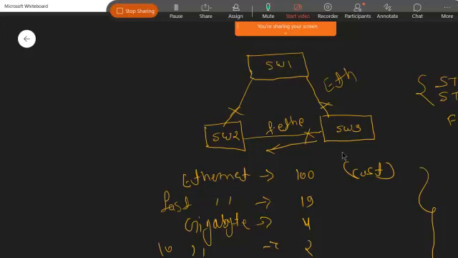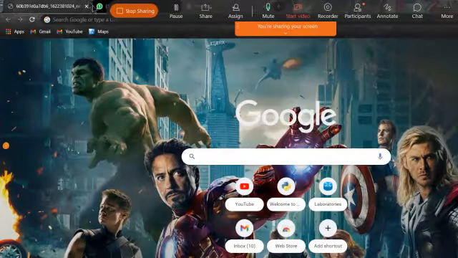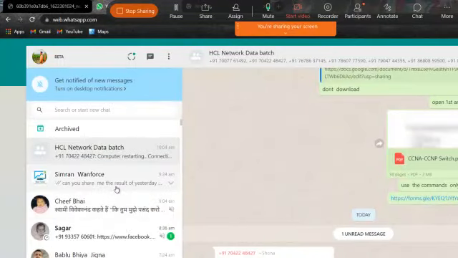Why? Because this link has a fast data sending process, meaning it can send 100 Mbps. Ethernet link will be able to send 10 Mbps, meaning this Ethernet can use 10 Mbps of the link. And gigabit, you also know that 1 Gbps, then 10 Gbps, and then 100 Gbps. Okay, so this is what we have for the cost selection criteria.